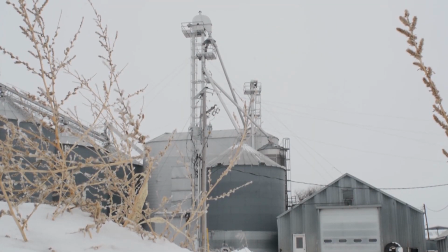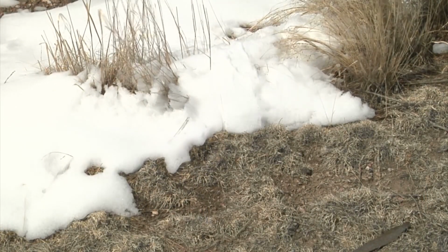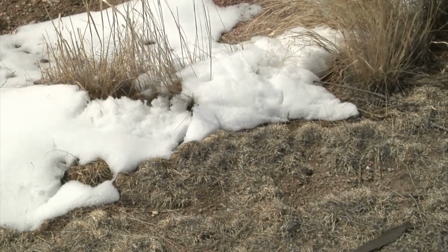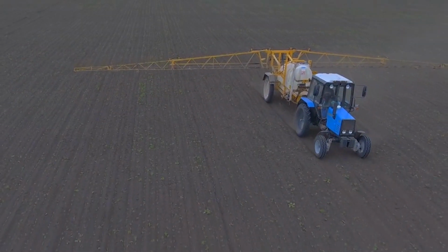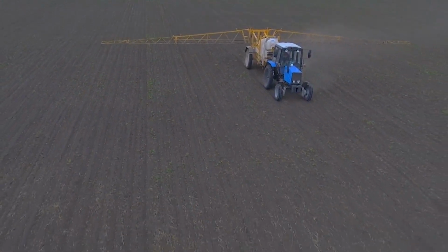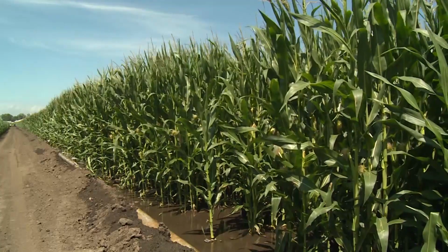Now that we know when the recharging is taking place, the next step is to learn why these recharging patterns are occurring the way they do. For now, though, producers can take these findings into account when planning their operating strategies. So if you know you're in a location where the predominant recharge is occurring during the winter, then maybe fall fertilizer isn't the best solution for that area, because that fertilizer has a higher chance of going into the groundwater. But the thing is, we don't know well enough right now to really make